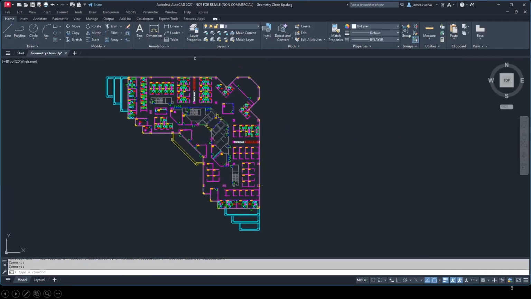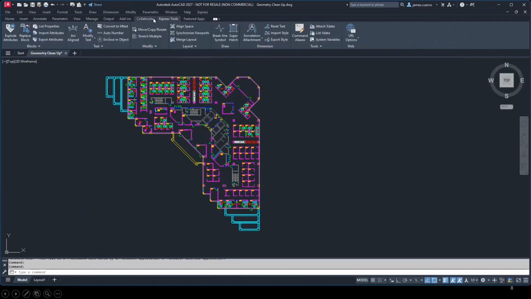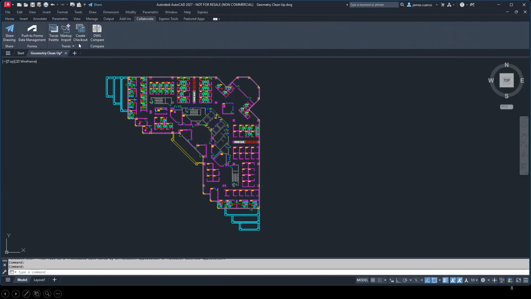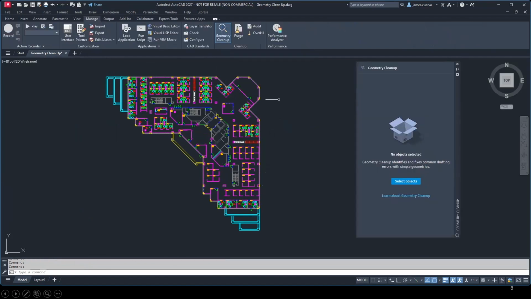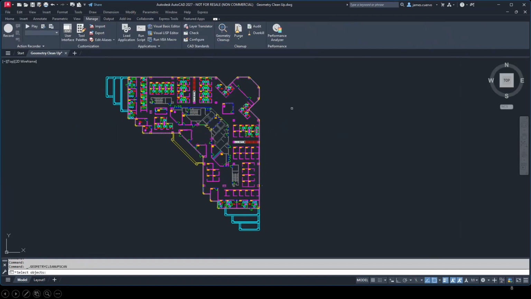Okay, and we're going to go ahead and go to where is that? I believe that it's in Collaborate. Here it is. Geometry cleanup. Okay, a dialog box appears for us. In this particular dialog box, we go ahead and say select, and we're going to select a